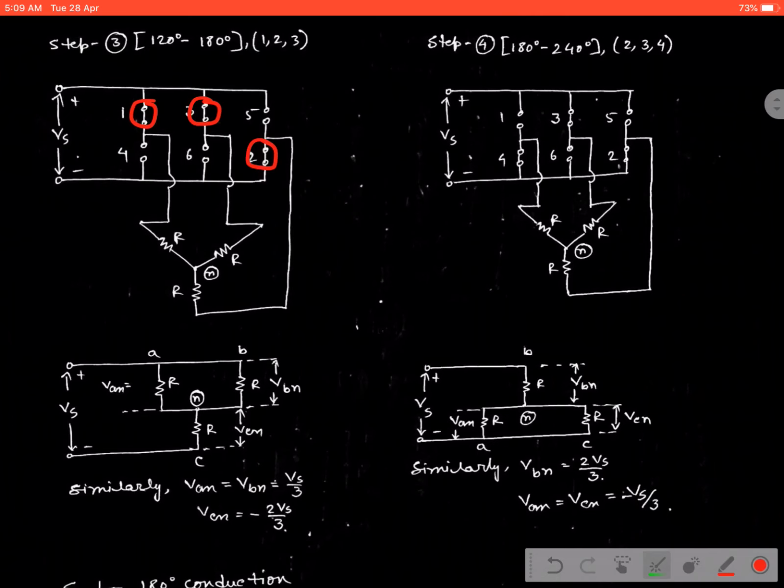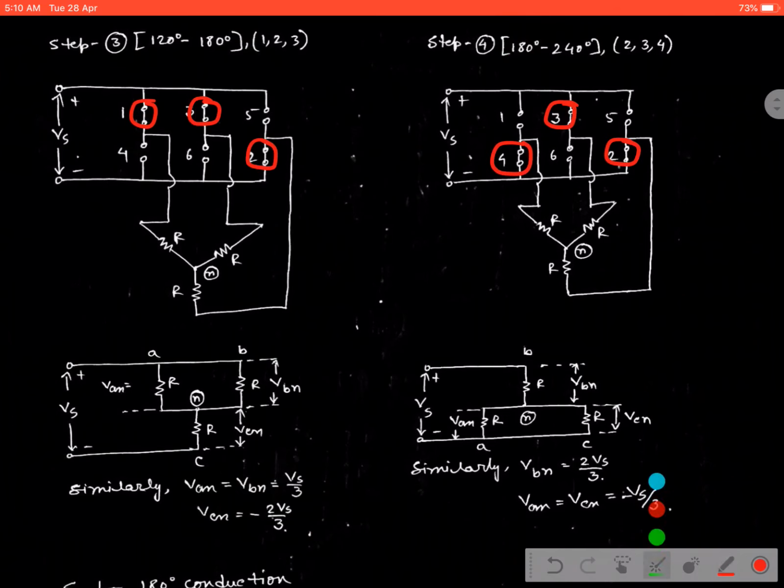Then we have the result VAN equal to VBN equal to Vs by 3, as they are connected to the positive terminal of the supply voltage, that is why Vs by 3, and VCN, which is connected to the negative terminal of the supply voltage, that is why the value is minus 2Vs by 3. Okay, and the next mode operation will start from 180 degree to 240 degree. That means in this particular case, as far as the switching sequence is concerned, the switch 2, the switch 3 and the switch 4 are turned on and remain in on